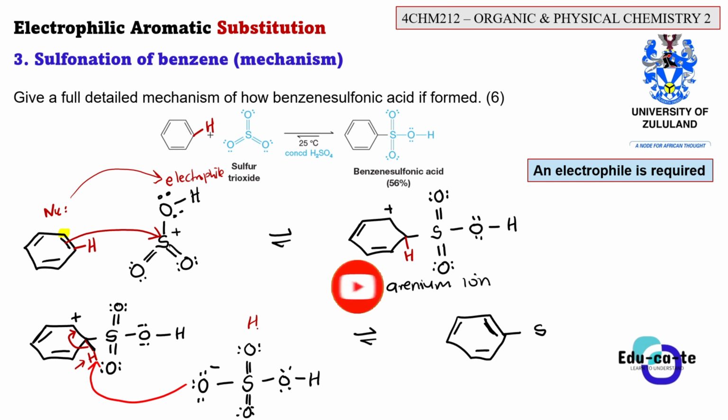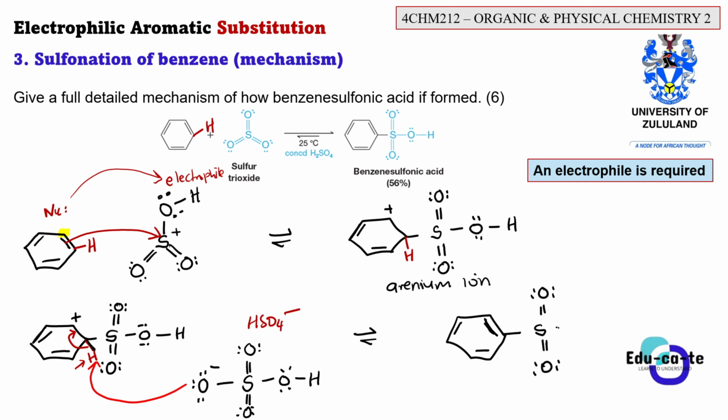This is our HSO4 minus that is in the reaction mixture. So this is going to be S. Remember that this S is double bonded to O there, and then we have lone pairs here, then double bonded to another O. We have another lone pair here, then we have oxygen with lone pairs here, then we have hydrogen. And here it is. We've already synthesized our product, which is benzene sulfonic acid. You can see that this is benzene sulfonic acid because it has a benzene ring that is bonded to this SO3H group.